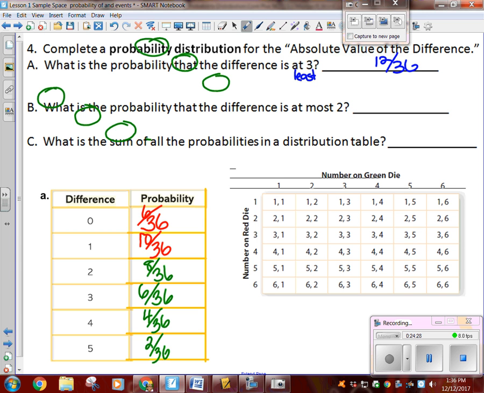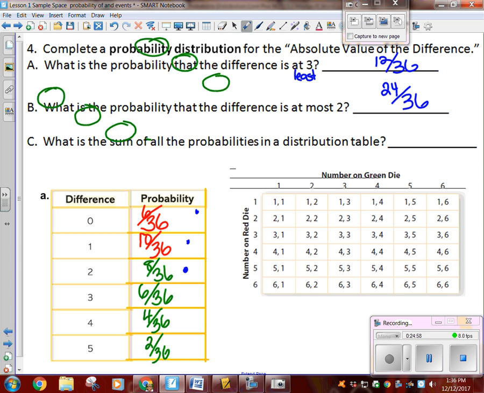What is the probability the difference is at most 2? Does that mean I want 2 and less or 2 and more? 2 and less. Does it include 2? Yes. So I would include 2, which means I'd include 8 plus 10 plus what? 6. At most 2. It means that's the most you have. Then you can have less, but you can have the most 2. So I'd be what? 24 out of